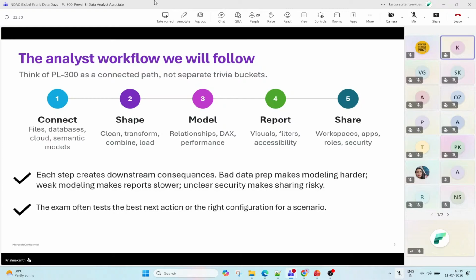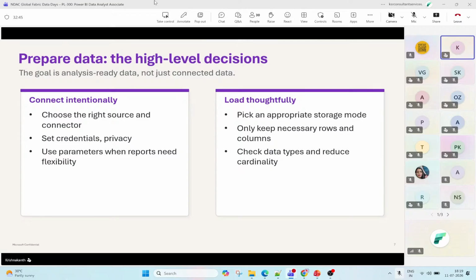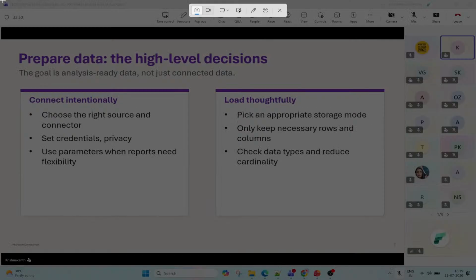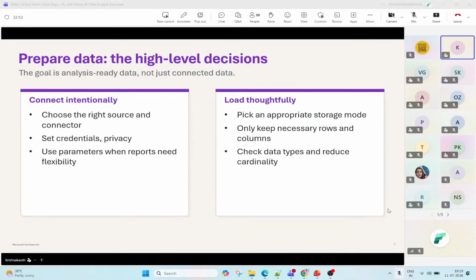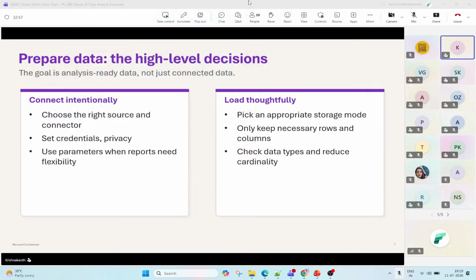So next, moving on. How we can work with respect to the Power Query level. What kind of transformations we need to take care of, so that we ensure we have the quality of the data. With respect to that, we have to ensure that we are pulling in the right sources by utilizing the correct connectors. We have to ensure that we have the access credentials before configuring those, and we have to utilize the parameters.